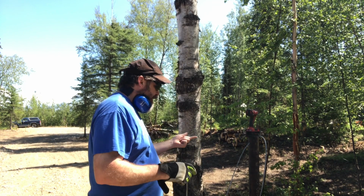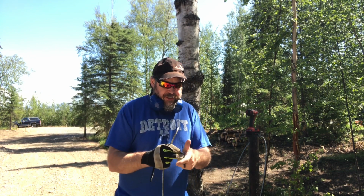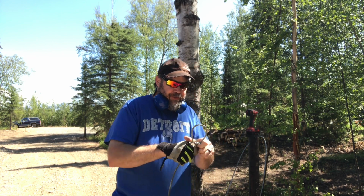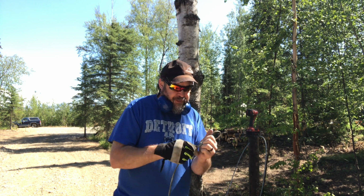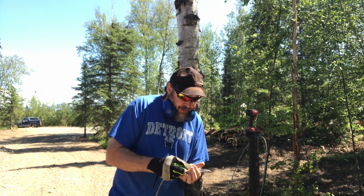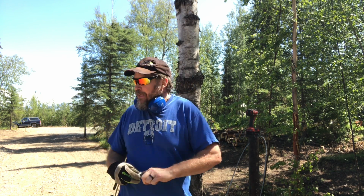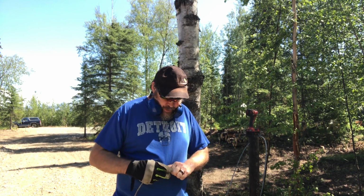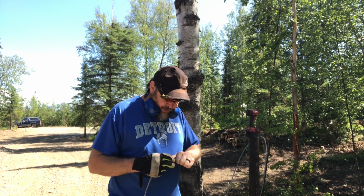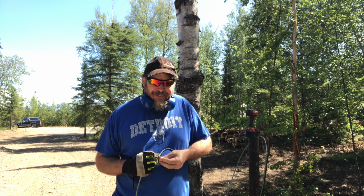So my idea of using both sides of the cable and doubling it up isn't gonna work because my horseshoe bolt, I can't get four cables in it. So I'm just gonna close this end up here. This will be the end over on the house, and I'll get it locked down, and then I'll put the padlock on over on the house side, and then I'll pull the slack